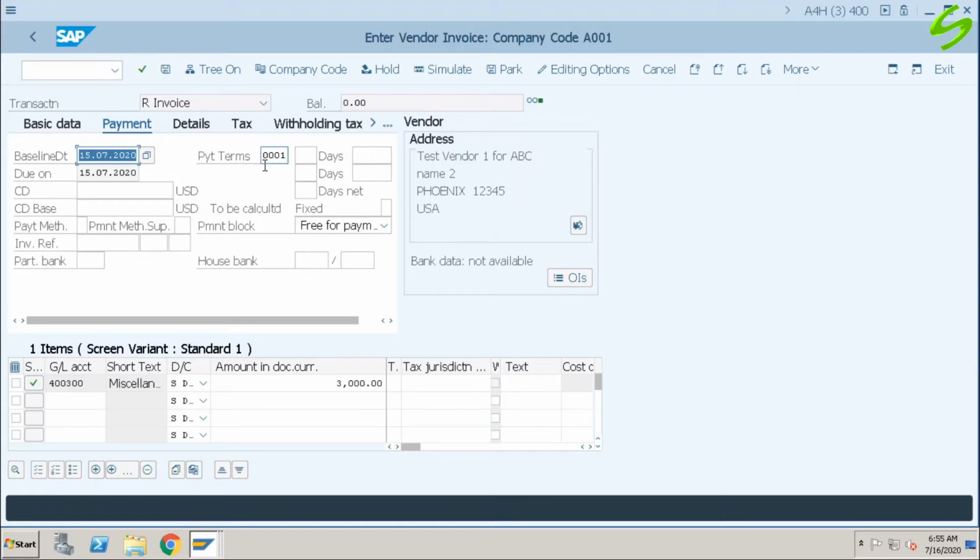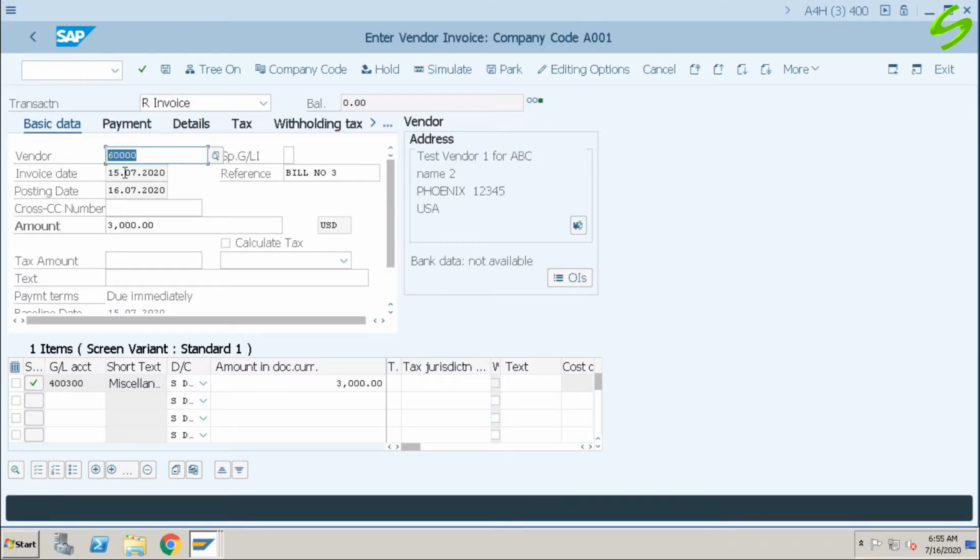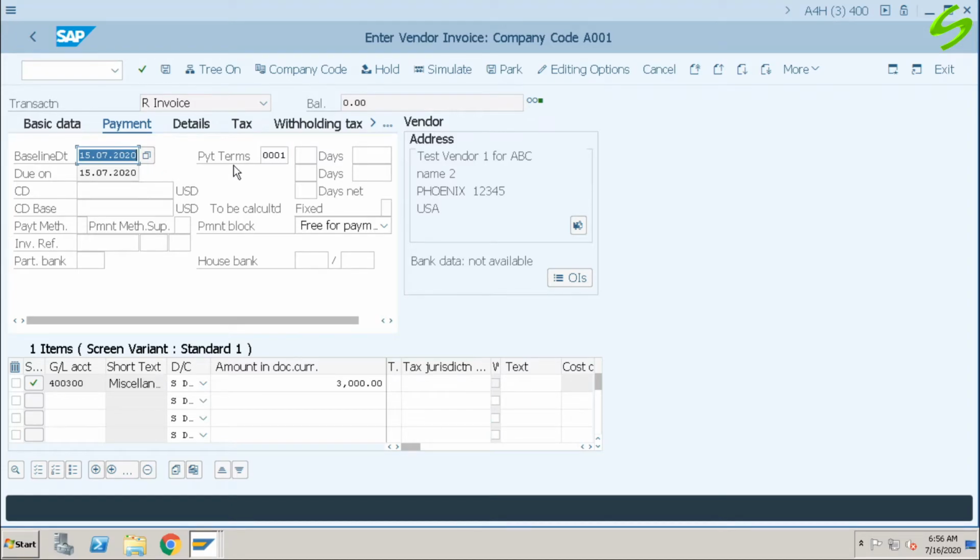As I said earlier, since this payment term is assigned in the supplier master or business partner, this is getting defaulted during the transaction and we can also change it. You can see that for this payment term, default for baseline date is document date. In that baseline date you see it's 15th, and if I go back, my document date is 15th and my posting date is 16th. That means as per the payment term, system is defaulting document date as the baseline date. Since it is due immediately, you can see the baseline date and due date both are same.